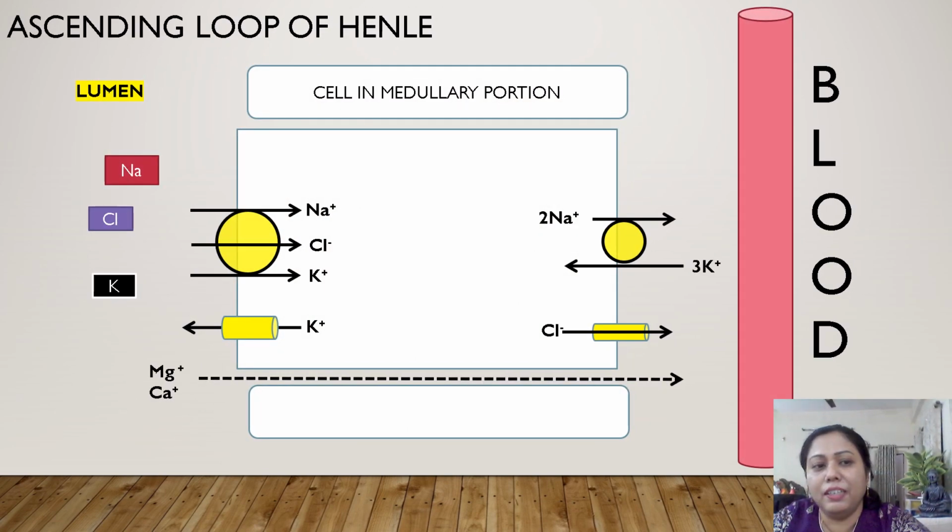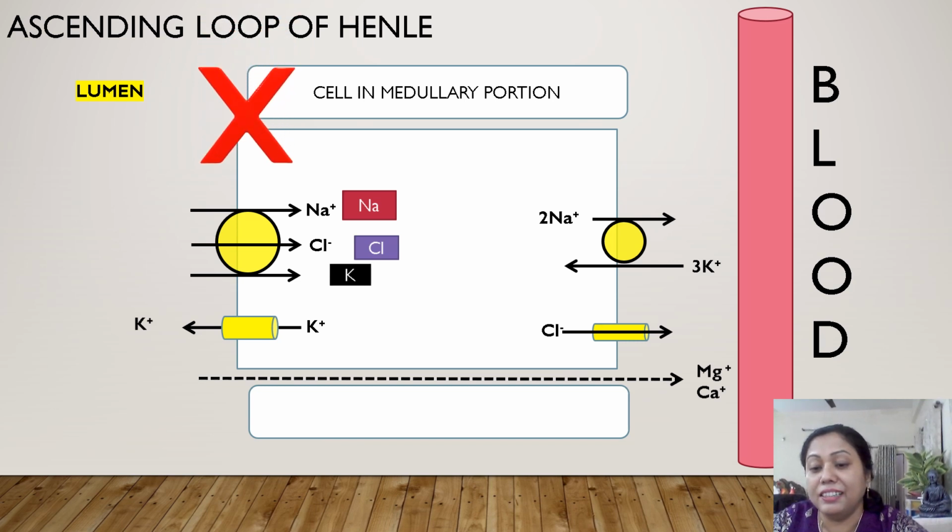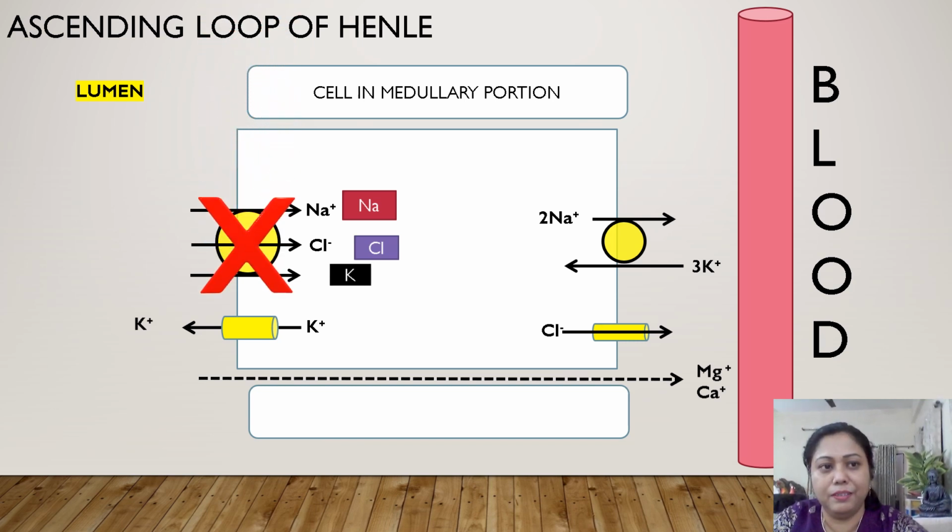At the cellular level at the ascending loop of Henle, there is a symporter on the luminal side of the cell which helps in diffusion of sodium, chloride and potassium in the same direction, that is from the lumen into the cell, right? And potassium diffuses back into the lumen through the ROMK potassium channels. Because of the positivity created by this movement, magnesium and calcium are reabsorbed back into the interstitium. Now, loop diuretics act exactly at this symporter level, right?